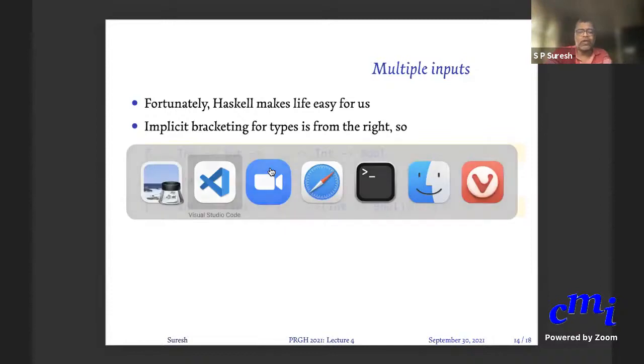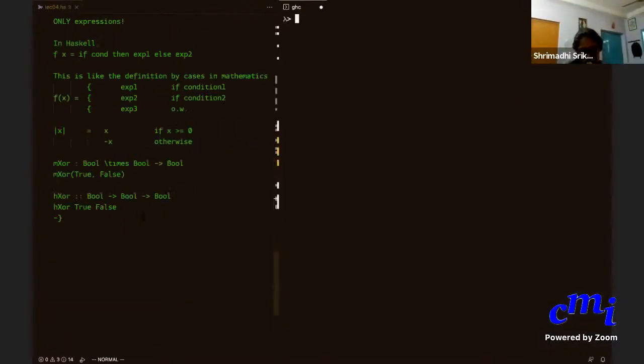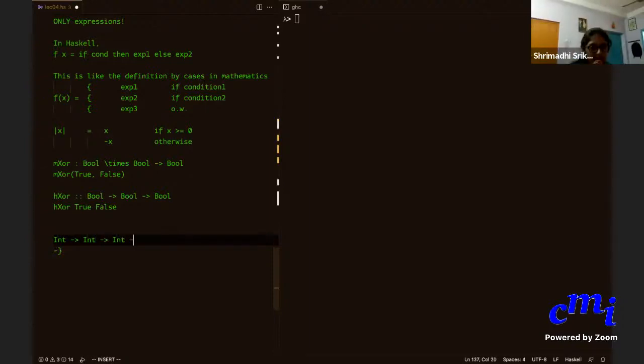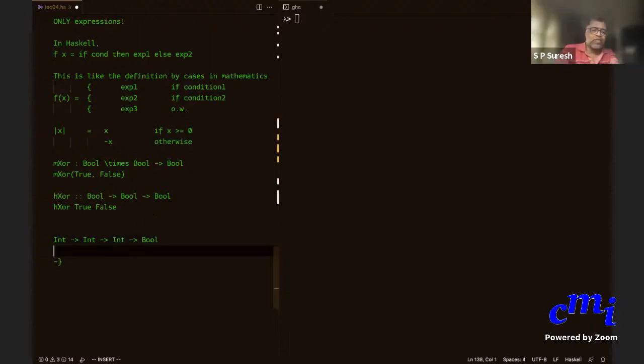Let me go here and show you. If I write int arrow, you are able to see it, no? It's legible. Then you should treat it as first int arrow bool. That is what is being done. This is what you mean by right associative.